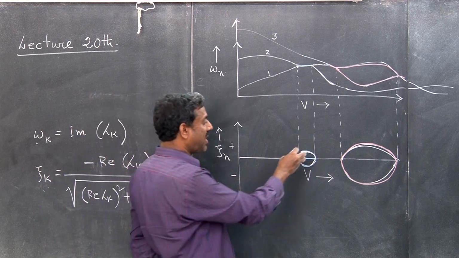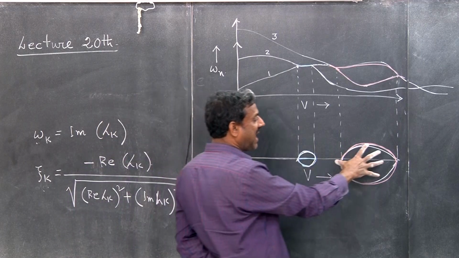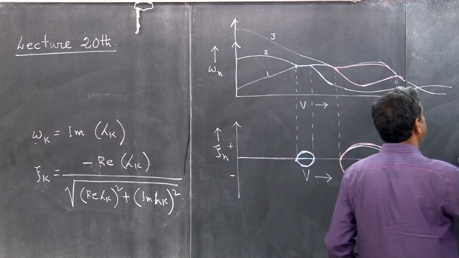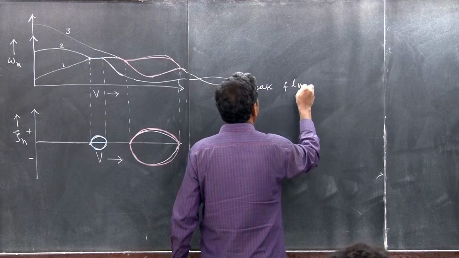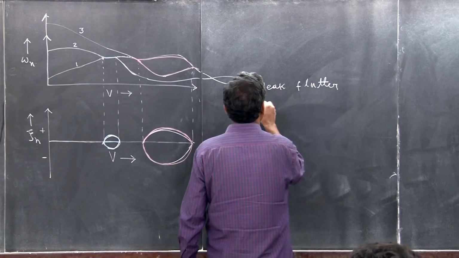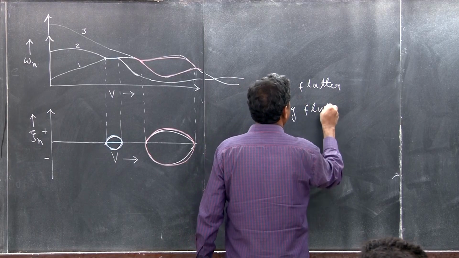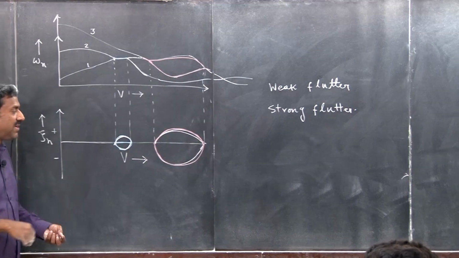And if it is a small one, then this is called weak flutter. If it is a large one, this is called strong flutter. So please try to understand, weak flutter and strong flutter. What happens? You see that the one which is weak flutter, this weak flutter can be suppressed by increasing